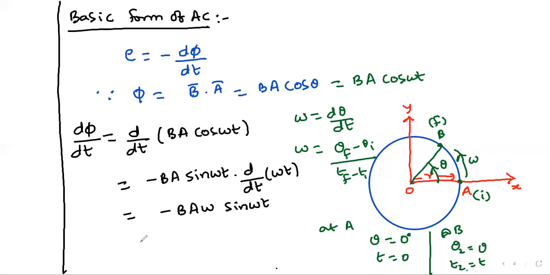Induced EMF is minus d phi by dt. So I can write it as BA omega sin omega t. If the number of turns is 1. If we are having n number of turns, that is NBA omega sin omega t. When omega t equals 90 degrees, we can write